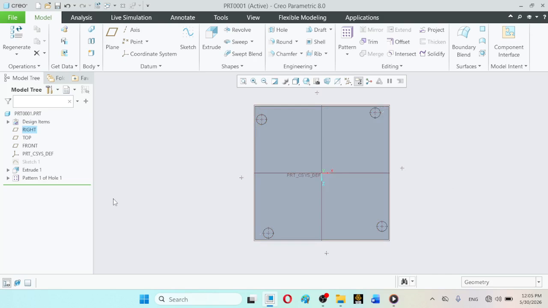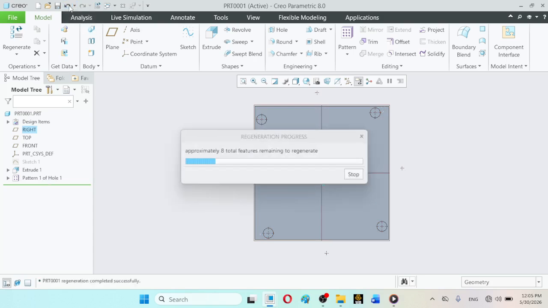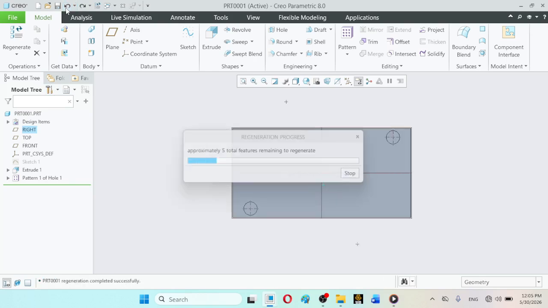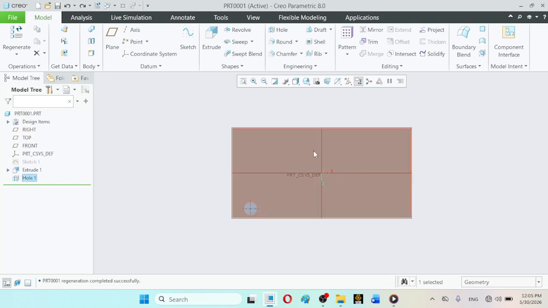So you must also correctly place the original object. So let us make it better logical. For example, I am again undoing it like this. So this was the hole.